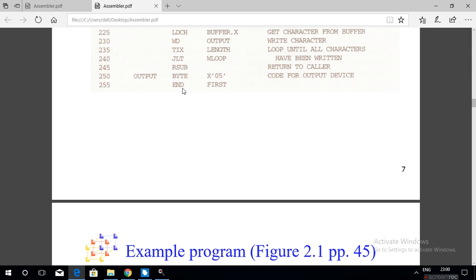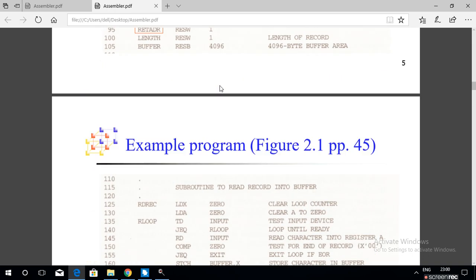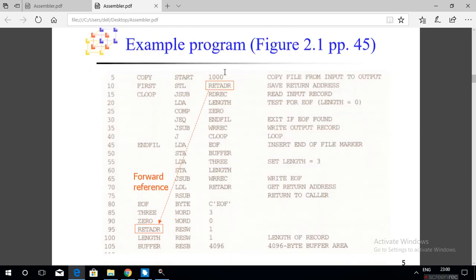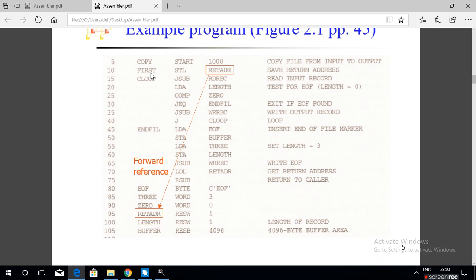It optionally specifies the first executable instruction in the program. End first. First is the label for the first executable instruction in the program. See here, first.